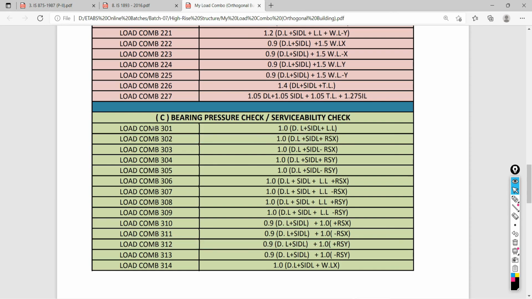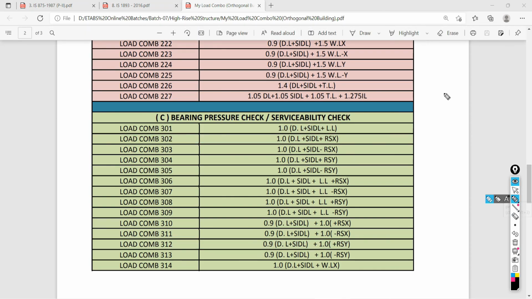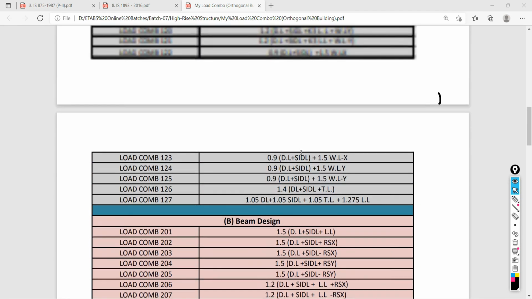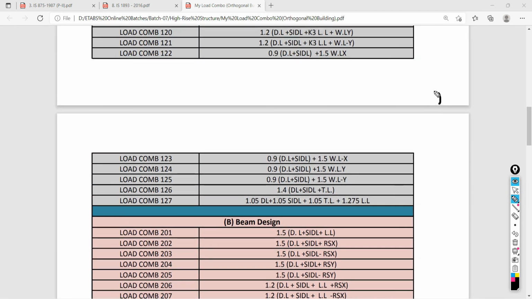So you have to define this, remember, note it down. From 201 to 225, all these load combinations you have to define first.